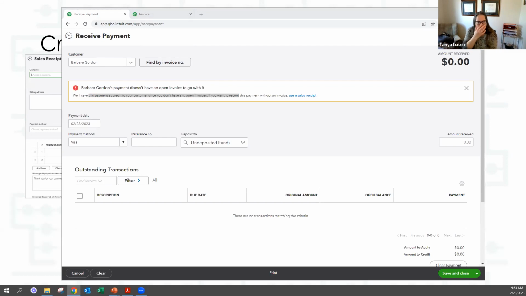Okay, and then Amanda says we use Jobber, everything's done through there and then synced over to QuickBooks. Yeah, Jobber syncs to QuickBooks in kind of a weird way. I have a couple clients that use it, but yes, you can do it that way.